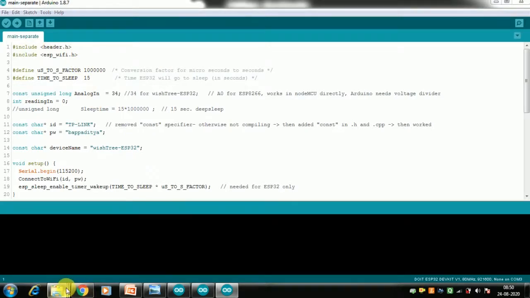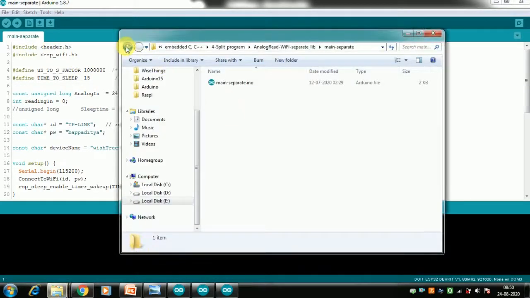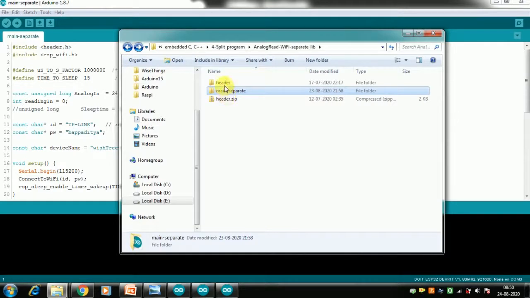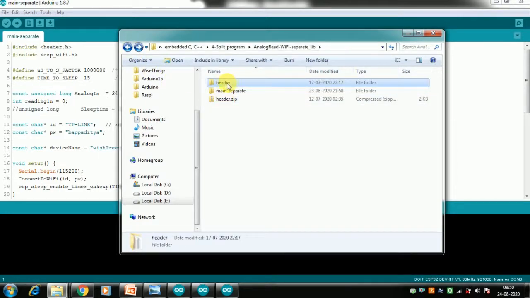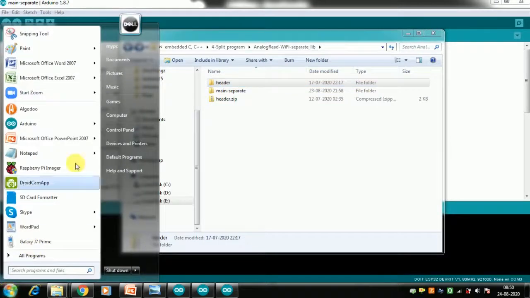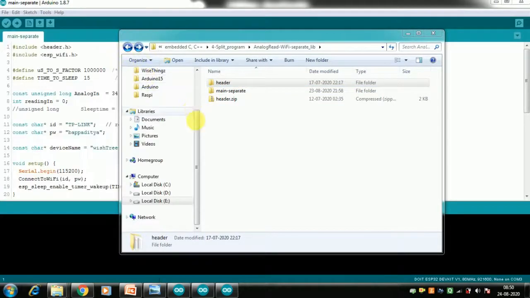To save your library, you separate out your wifi.cpp and header.h. The files contain the same thing, so there is no change. You put them in a header folder and then save them in your library folder, which is located in your documents.